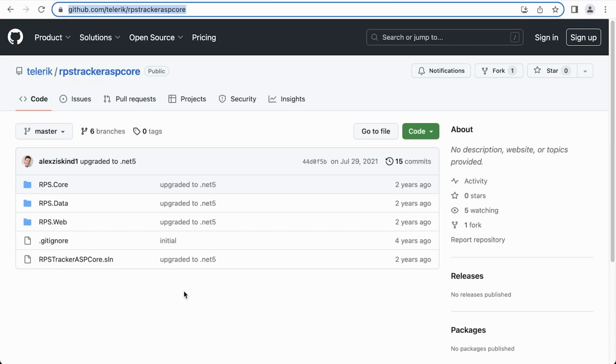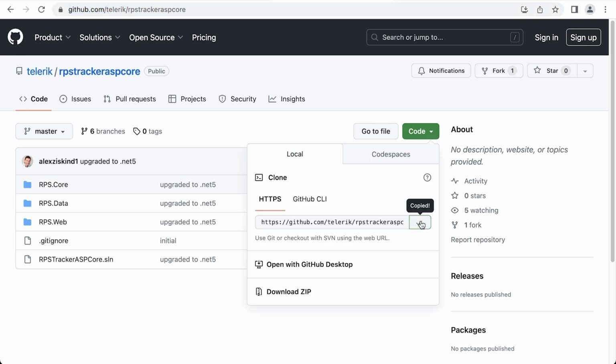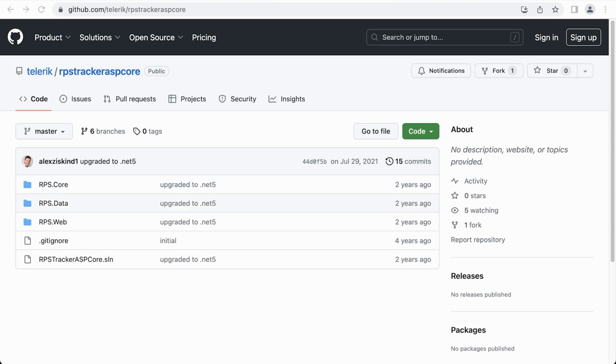Head over to GitHub and then find this RPS Tracker ASP Core project. We're going to start with this one. Here you have the option to clone or download. Now, I've already downloaded this and placed it on my machine, so all I have to do is open this